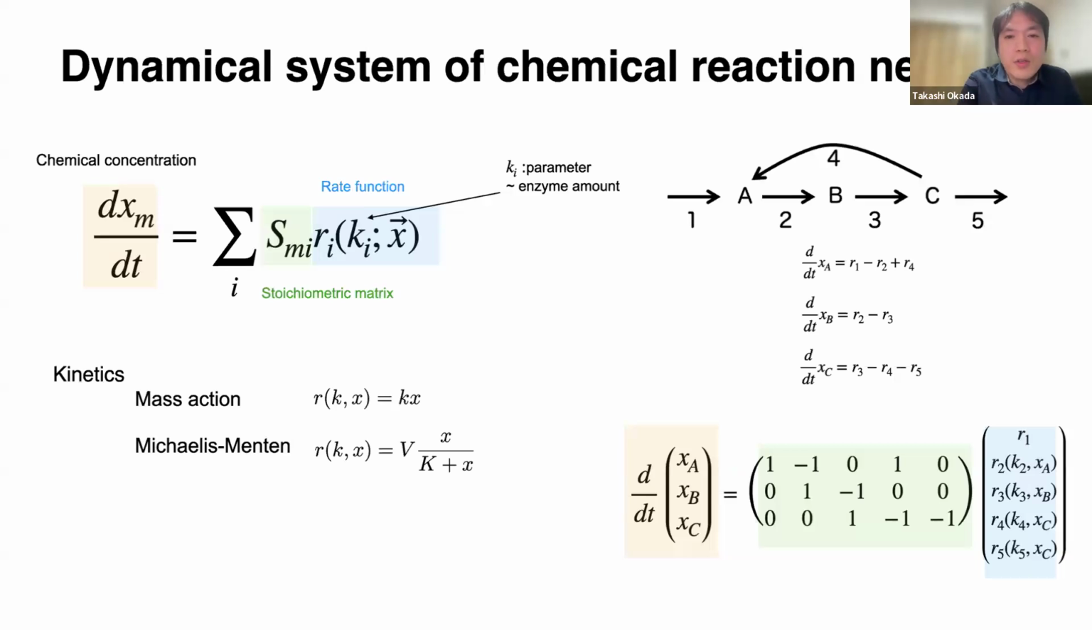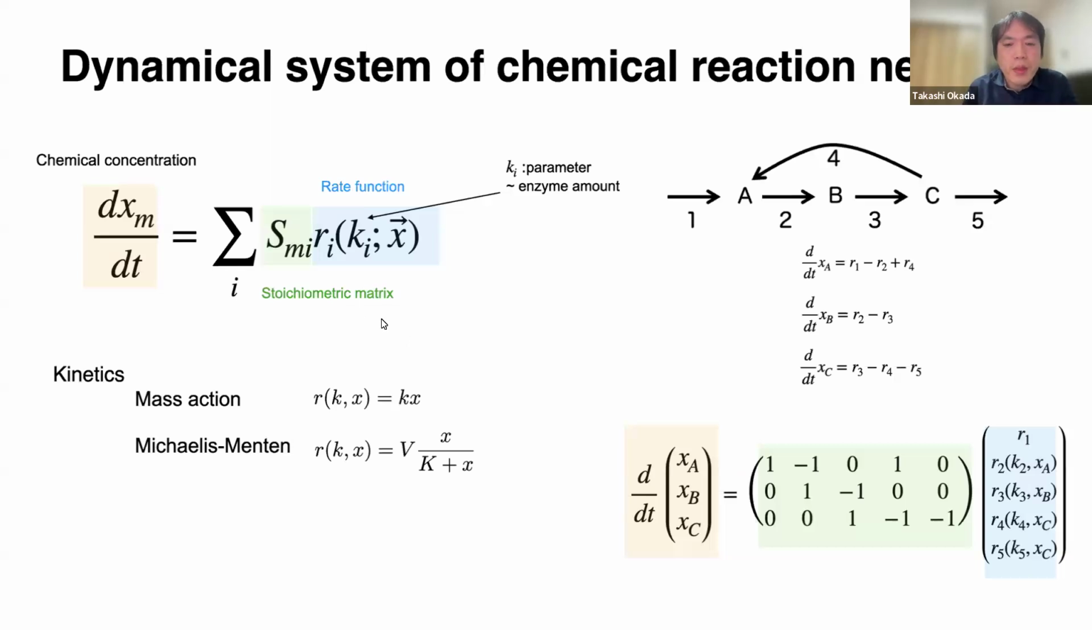To introduce some notation, I quickly review the dynamical system of a chemical reaction network. The dynamics is described by ordinary differential equations shown here. Here, Xm is the concentration of chemical species M. And on the right, Ri is the reaction rate function of reaction I, which depends on parameter Ki, and also depends on some concentrations, of course. Finally, this matrix S is the so-called stoichiometric matrix, usually an integer matrix, which encodes